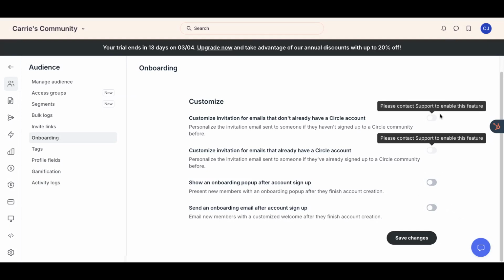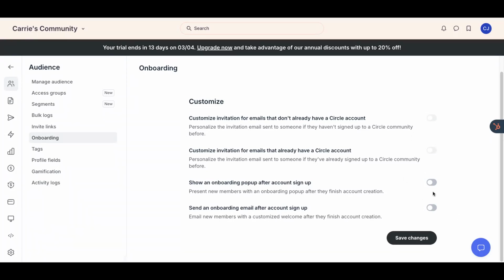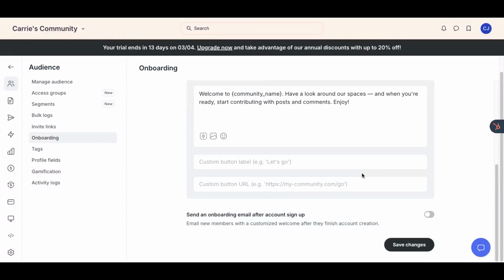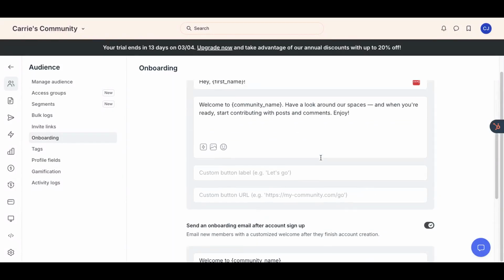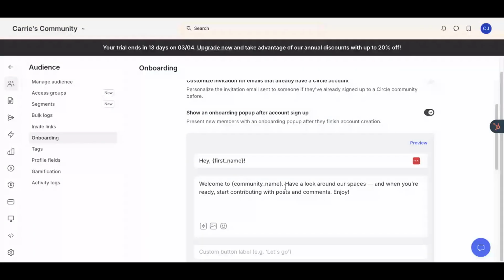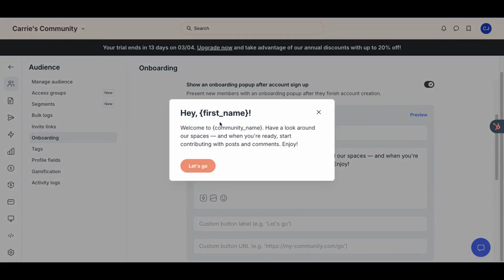And this is depending on how you actually decide to invite members. We've skipped this process before and sent emails from our other email providers. That's one option you can do when launching. You want to toggle these on, okay? So your onboarding pop-up is what's going to actually show up on someone's screen when they first join your community, and you can preview it. It looks like this, like, hey, Carrie, welcome to this community. Have a look around.